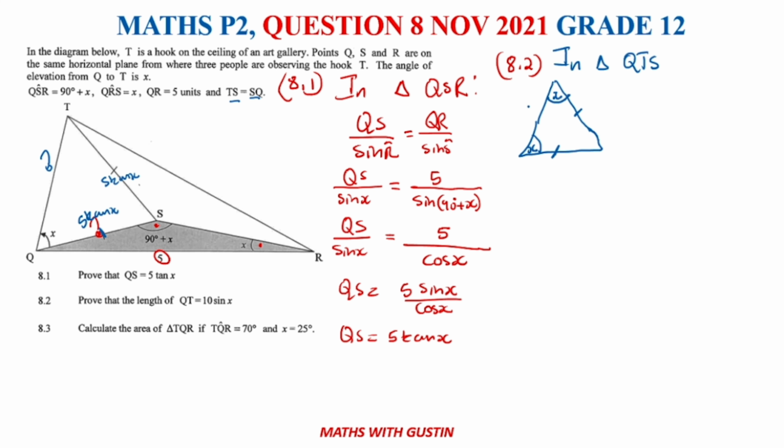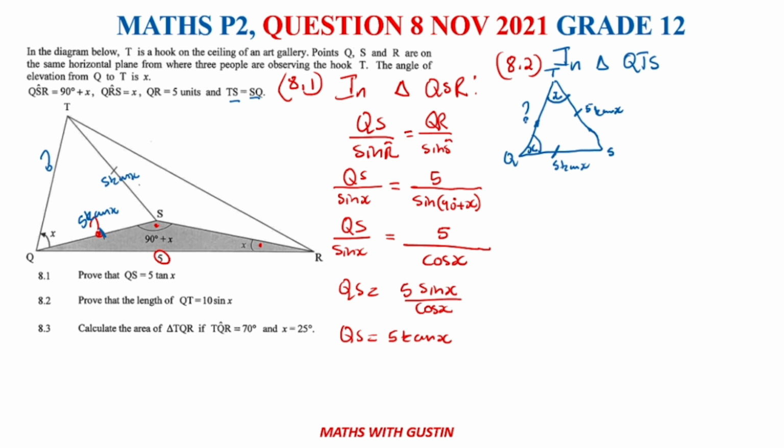All right, so here this is what we're looking for. I didn't mark my triangle. There's QT, therefore there's S there. So we already know that this is 5 tan x. Even this one was 5 tan x because they are equal. All right, so now having that,